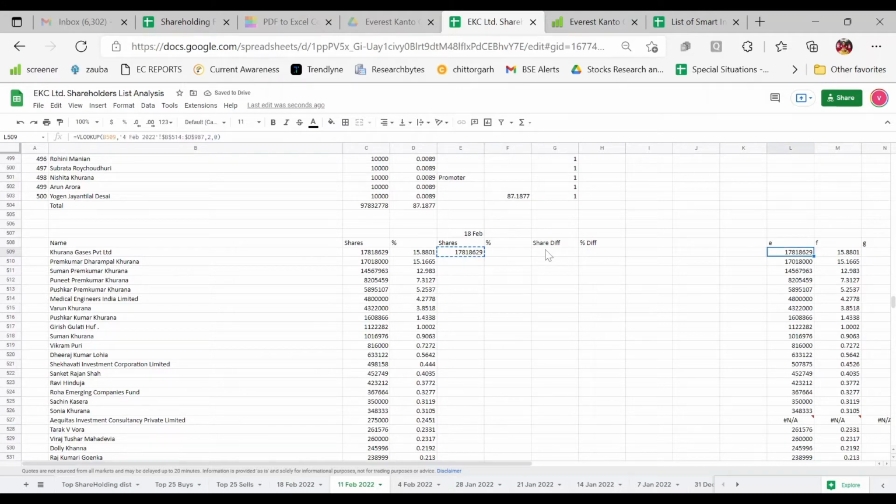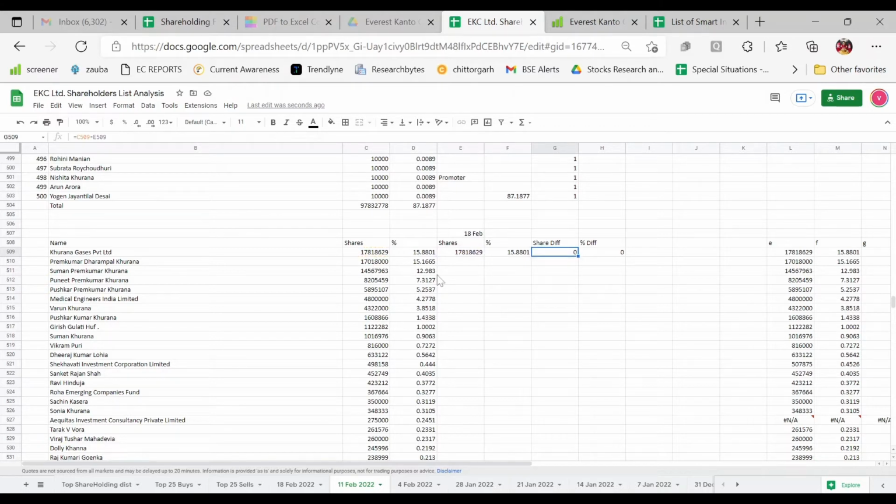Same for the percentage. I'll just copy this formula here and edit it a little because the range is the same. I'll just select 3 because I need the percentage, and the value is got. So you can see the formula is the same, just the value changes. Again, old minus new here, so we can see who has decreased the share, who has decreased their stakes.